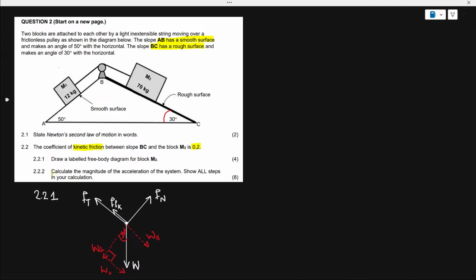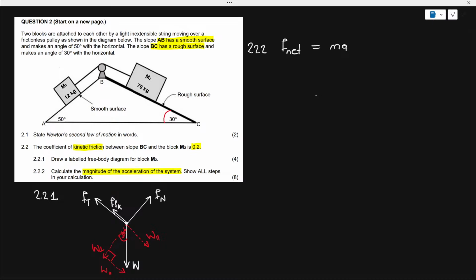And the next question says, calculate the magnitude of the acceleration of the system. Show all steps in your calculation. So we want the magnitude of the acceleration of the system. And like I said, this is about Newton's second law of motion, which is obviously why they asked you to state it in 2.1. So to answer 2.2.2, we know that Newton's second law says F net is equal to